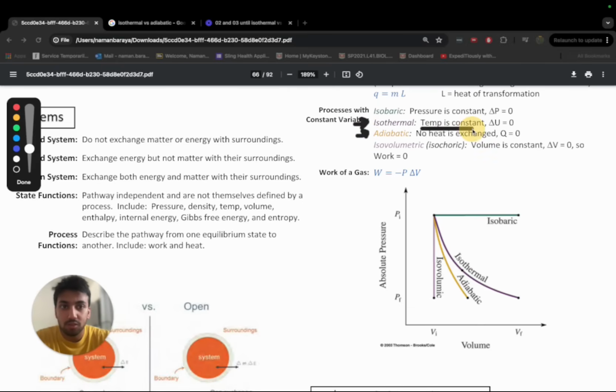Isothermal is the temperature is constant. Adiabatic is that the heat is not exchanged. So if there's no heat being exchanged, Q is equal to 0, but the temperature might be changing. Whereas in isothermal, the temperature is constant, but we might be adding heat or taking away heat. Okay,